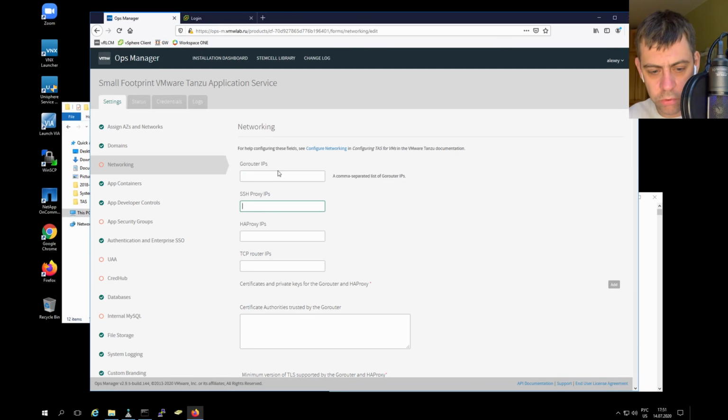I'm not using Go router, I'm using HA proxy, so I leave this text box empty, and then I put SSH proxy. For me it's supported out of the box, and Tanzu Application Service will deploy HA proxy, deploy rules, and so on. And for TCP,